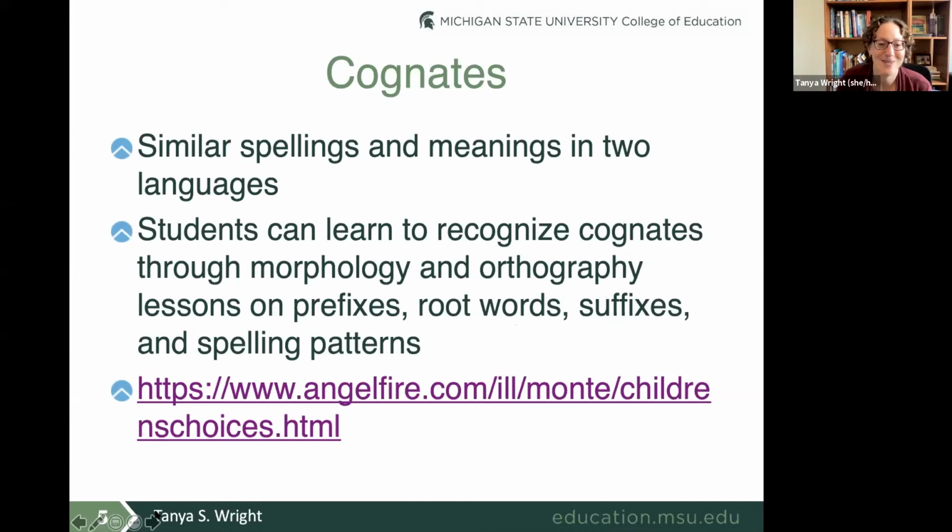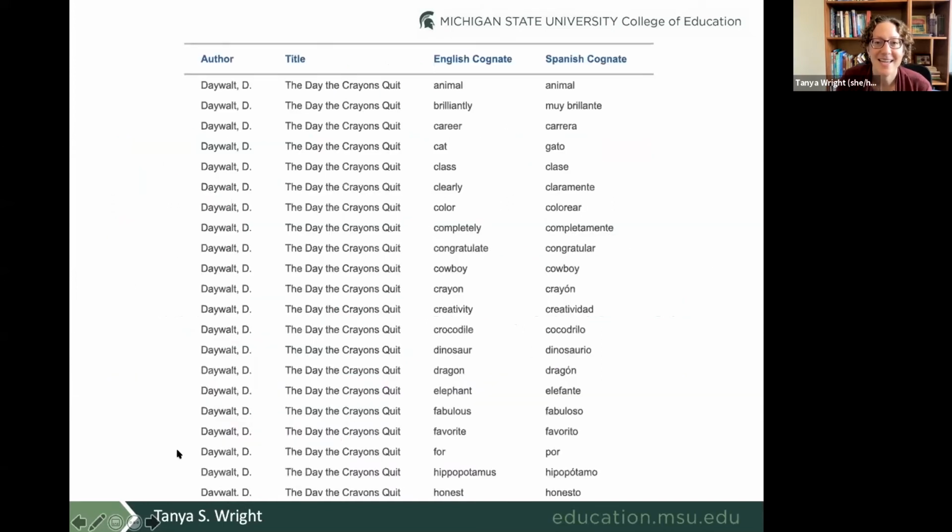You guys will get the PowerPoints to get to see it, but I'll show you what it does. It takes books, children's books that use English words. So like common children's books you might read aloud, like this one's The Day the Crayons Quit. And the English words that are in the book, and actually provides the Spanish cognate for teachers. So that's an amazing way to help just point this out to children who may speak Spanish and English.